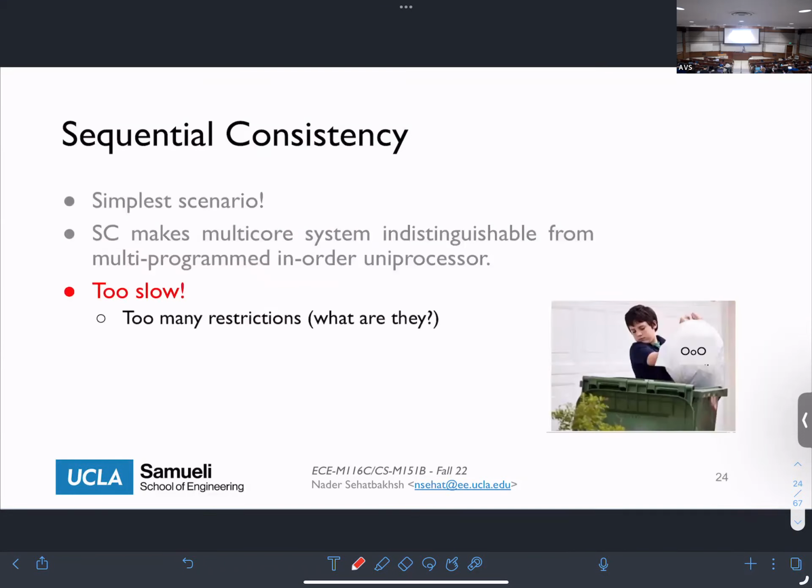The problem with this is that it's too slow, because it means that stores have to wait for the loads, loads have to wait for the stores, even though they're completely separate and independent from each other. So all those ideas, like let's have a store buffer and write things to it and just move on and don't stall a processor, they're all going to go to the trash. It's not going to be usable with sequential consistency. Still, remember, we're talking about one core. So sequential consistency is very strong, really helpful for us to fix the issues that we are worried about. But unfortunately, it's slow because it just doesn't allow you to reorder things.